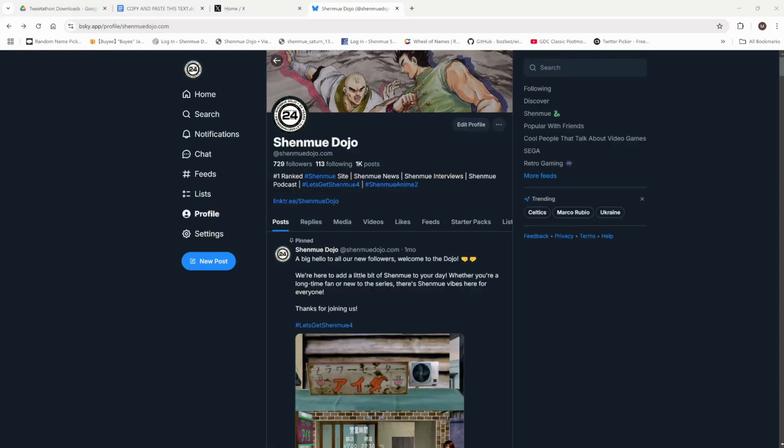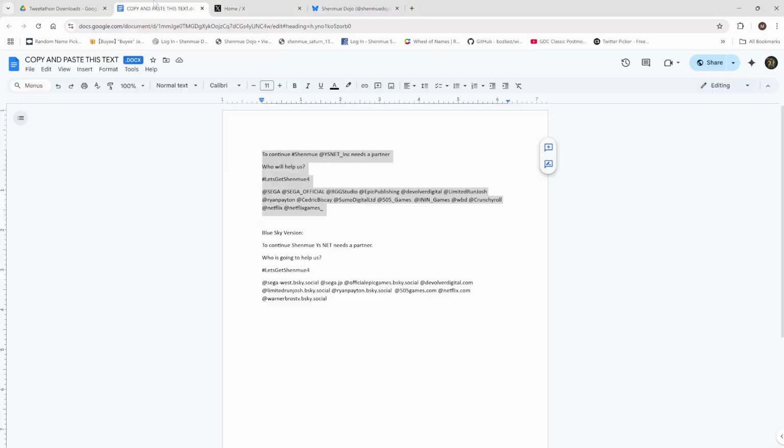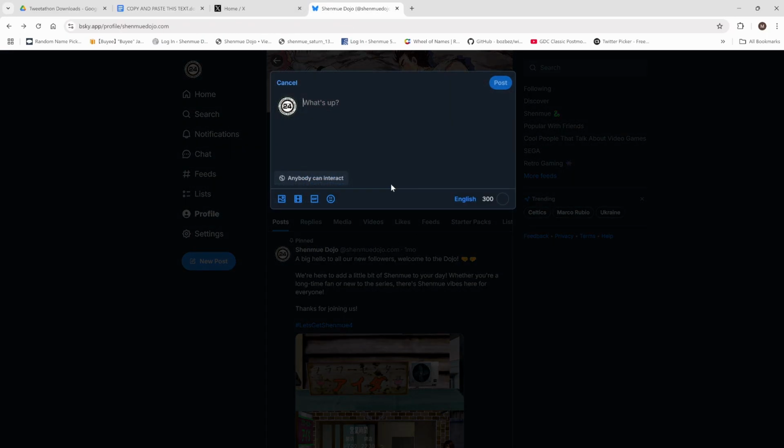So it's very much in development here, but for those of you who have a Bluesky account as well, let me open this up and you can have a quick look. Bluesky looks very similar to Twitter, pretty much, and you've got your various layout on the profile there. So to go back into the document, hit the bits you need, copy and paste that over. Hit new post.